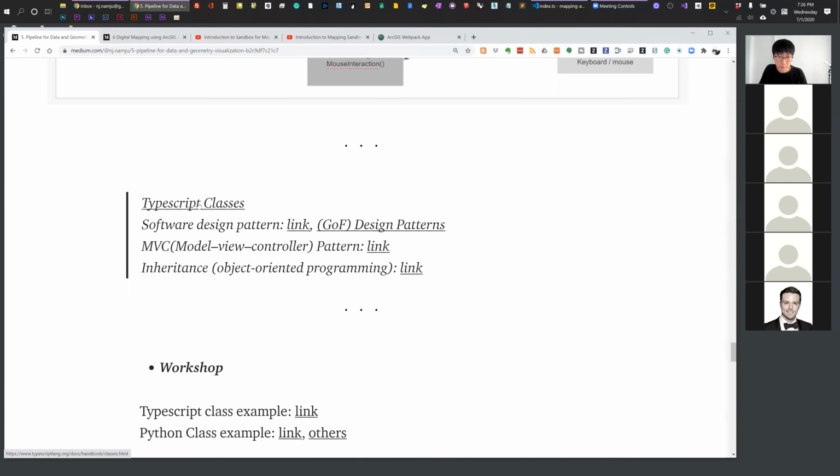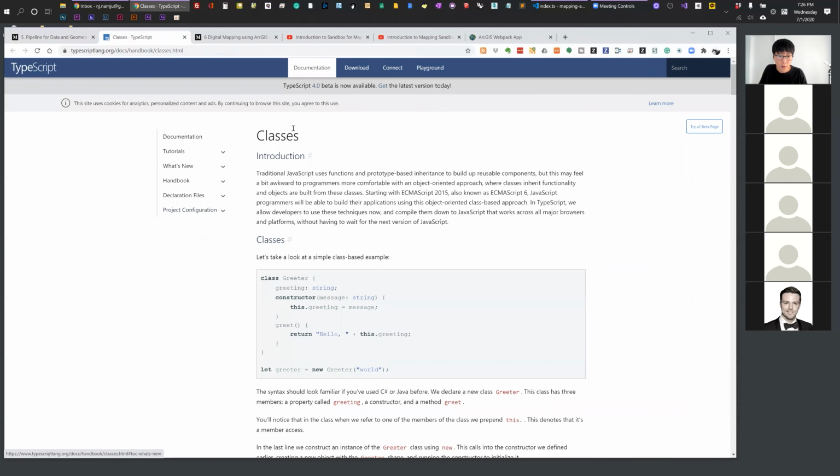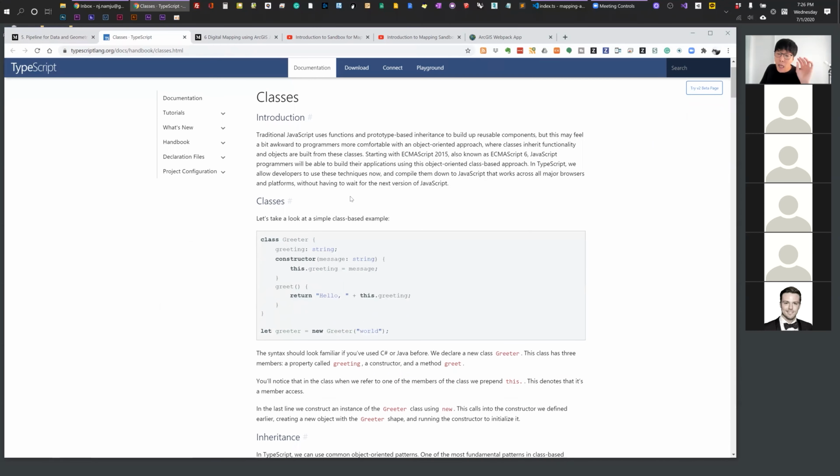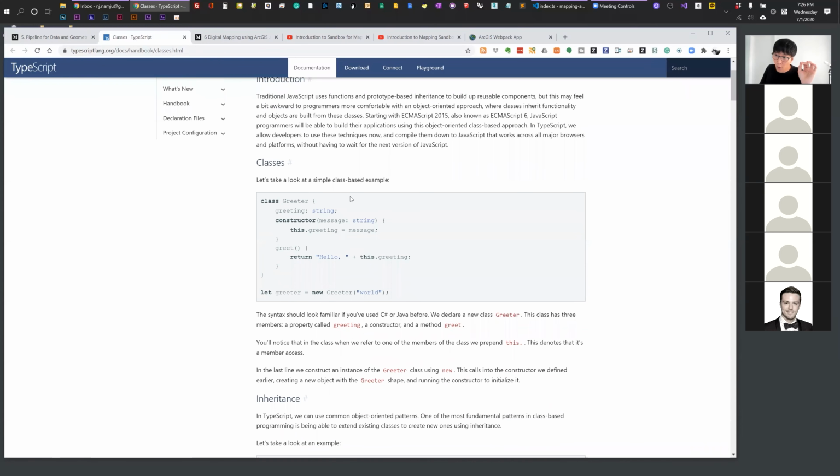So class, again, we saw this page. Actually, we visited this page yesterday, but today the reason I visit this page again is to emphasize the importance of the class. Yeah. So I'm not going to make some demo or exercise here, but I'm